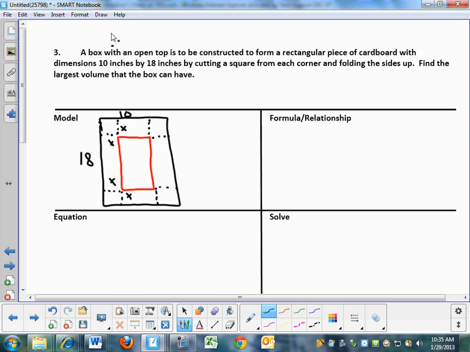So what am I trying to maximize here? Volume. How do you find volume? Length times width times height. Good. So it looks like I need an expression here. I wrote,